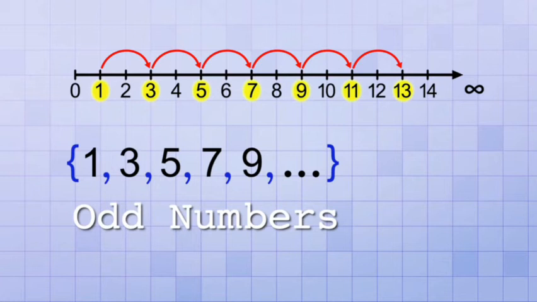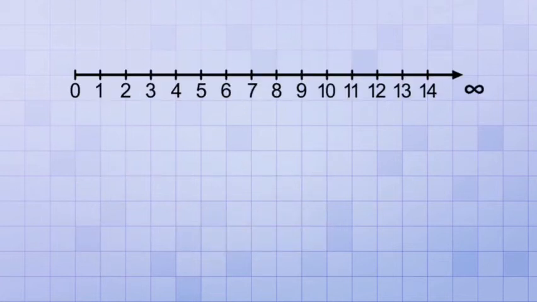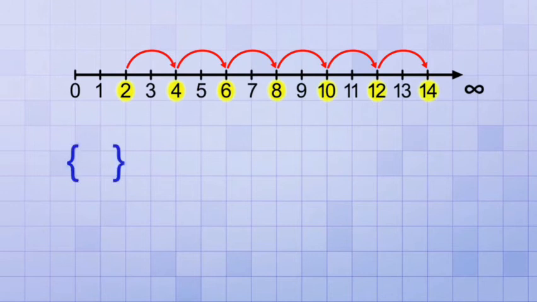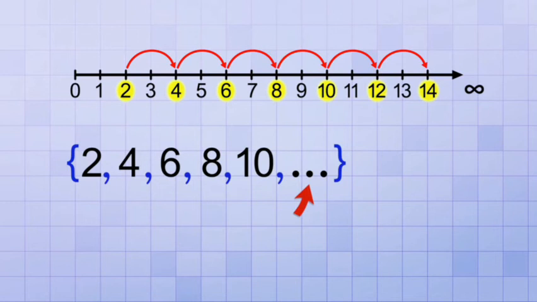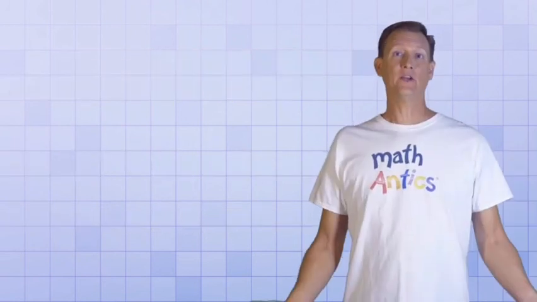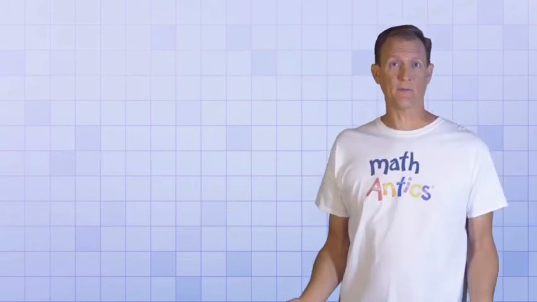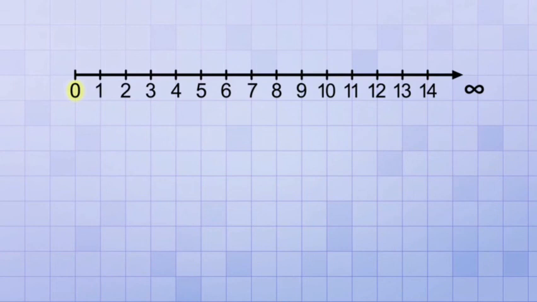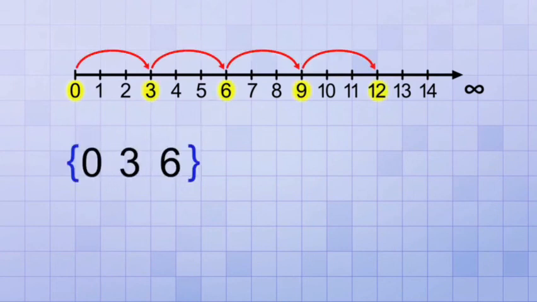Or suppose you start counting at the number 2 instead, but still skip every other number. You'd end up with the sequence 2, 4, 6, 8, 10, and so on. That's the infinite, non-repeating sequence of numbers we call even numbers, because all divide evenly by 2. And you can make other sequences by skip counting by different amounts. Like you could start with 0 and skip every 2 numbers to get the sequence 0, 3, 6, 9,